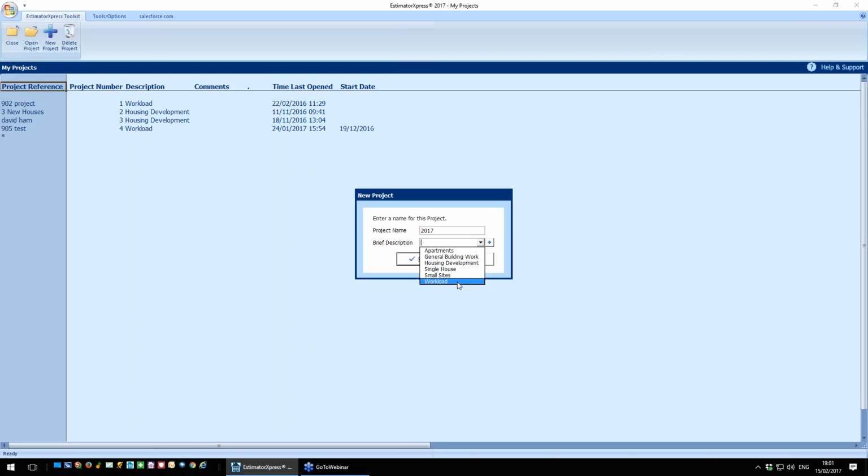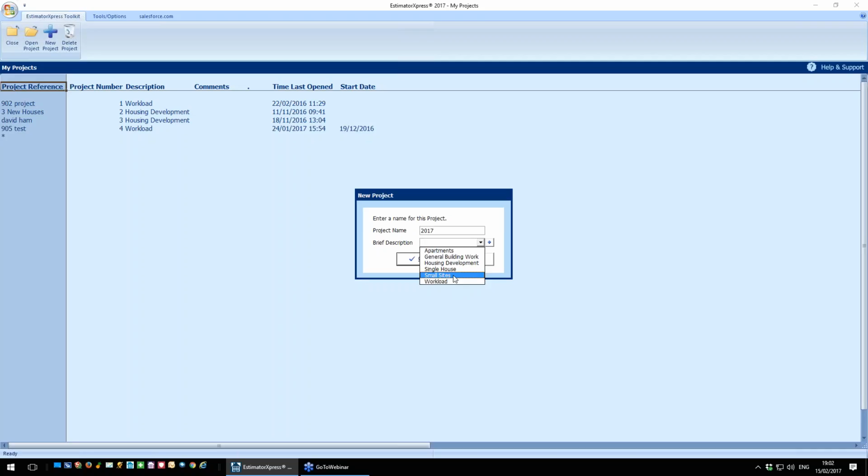Okay, now there's basically the two most common areas where you would use My Projects. Number one is that you've got a client that you have done two estimates for. For example, they might ask you for an estimate for an extension, and they might want, say, a new garage as well, but they're not sure if they can afford both. So they've asked you to do two separate estimates. You've given them the quotes, and they've actually decided to go for both jobs together. So what you can do is you can link them together. That would probably be a small site project where the two estimates can be linked as one project, which means you've now got one set of data as far as things like profit forecast, cash flow, and of course materials